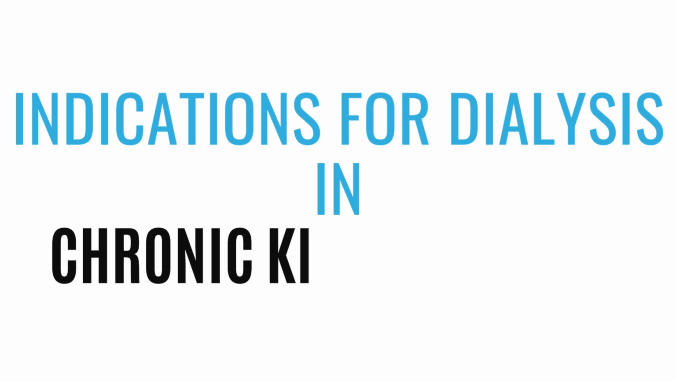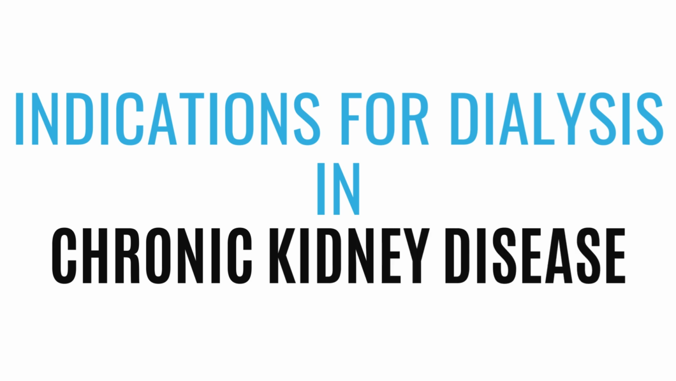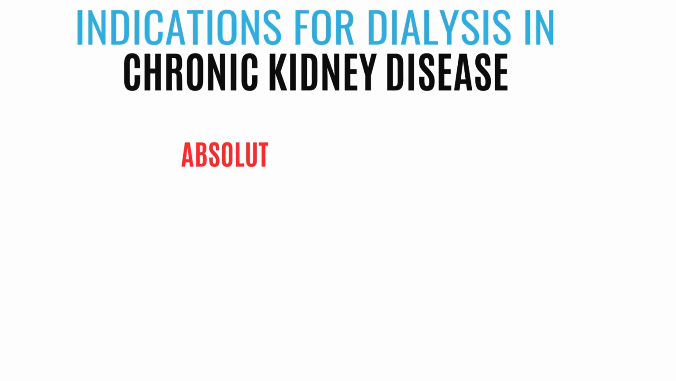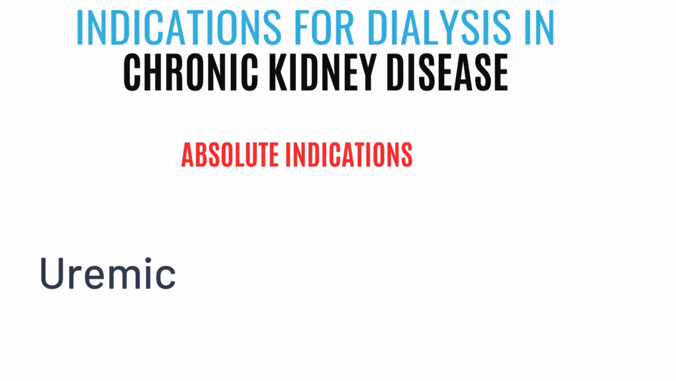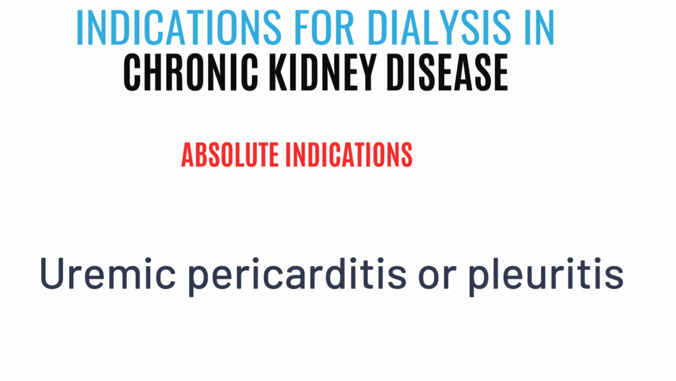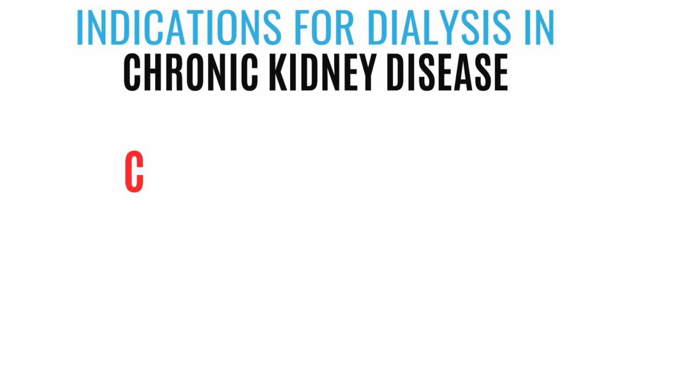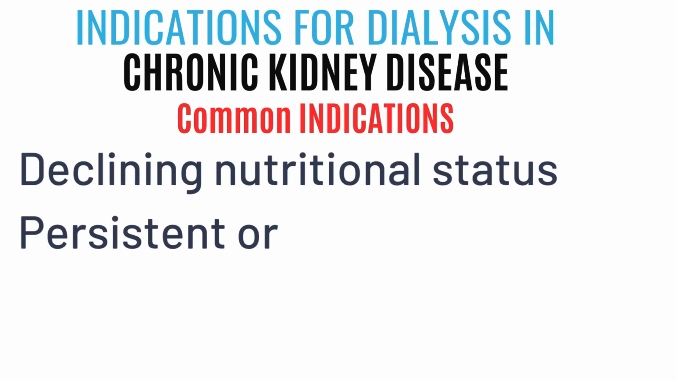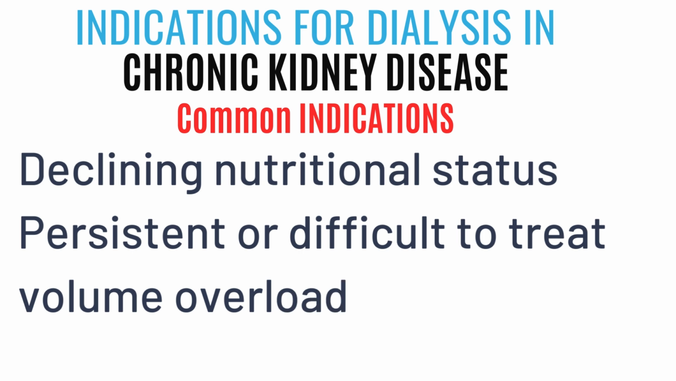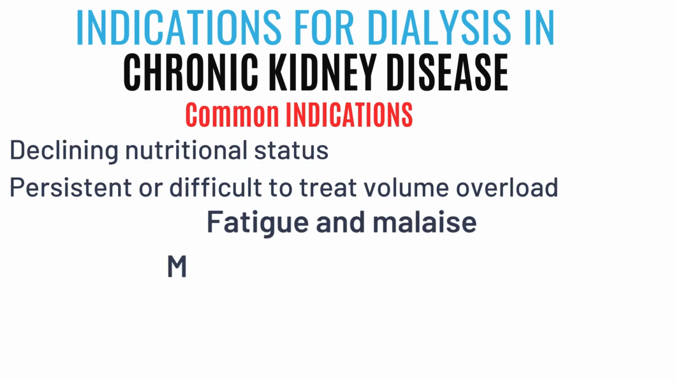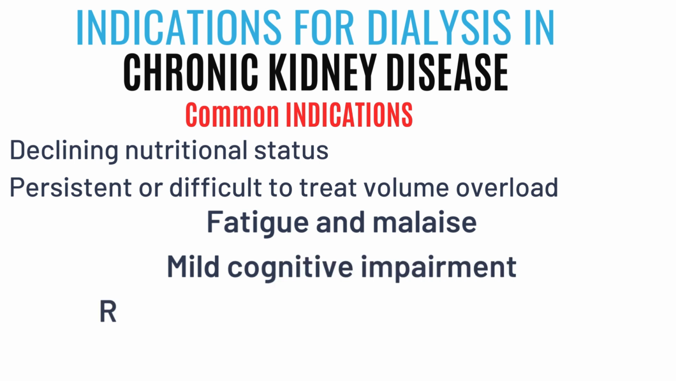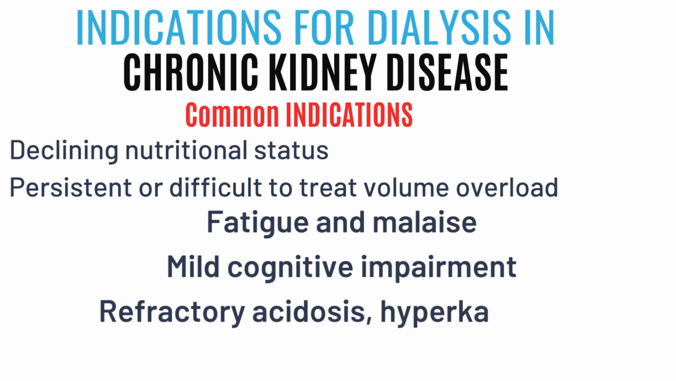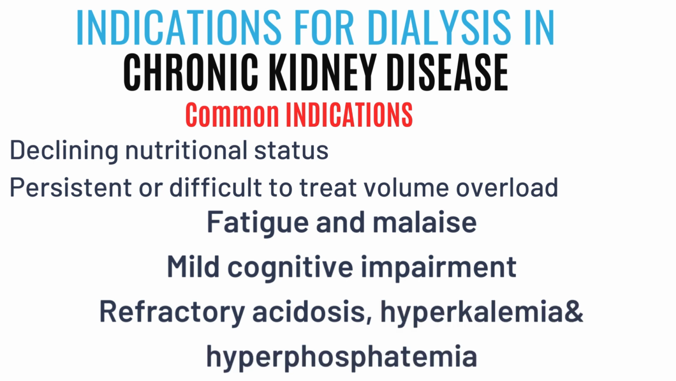And if the patient is having chronic kidney disease, the absolute indications for hemodialysis in such patients would be uremic pericarditis, pleuritis, uremic encephalopathy, or some other common indications like declining nutritional status, persistent or difficult to treat volume overload status, fatigue and malaise, also mild cognitive impairment, refractory acidosis, hyperkalemia, hyperphosphatemia. So all these are indications of hemodialysis in a